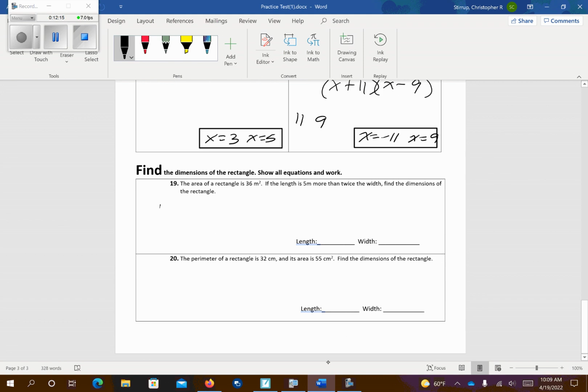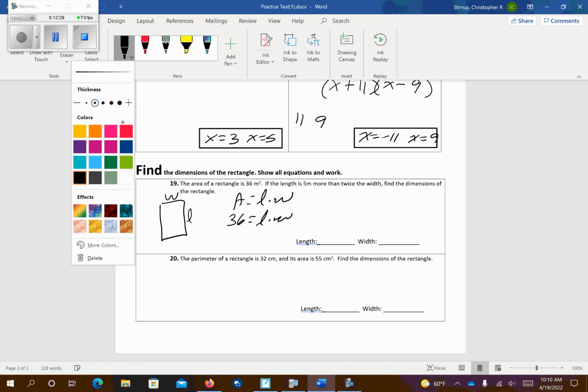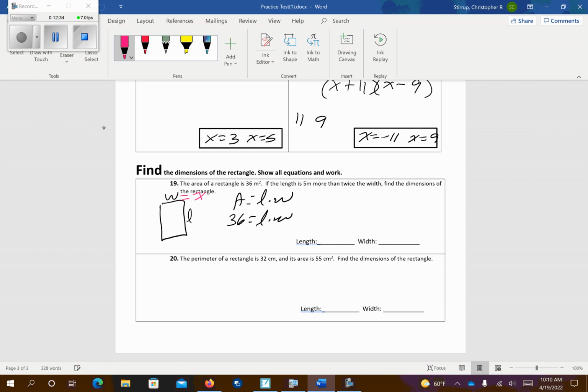All right, rectangle problem. So I have a length, I have a width. The area of a rectangle is length times width. And so I know that I have 36 equals length times width. It says the width, let me change color on here, we'll go pink. So I'm going to call that x. It says the length is 5 more than twice the width. So the length is 2x plus 5. So I can plug those both in. And that's going to give me